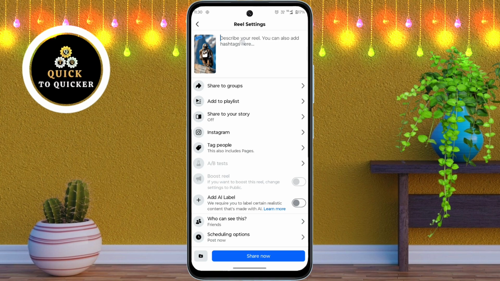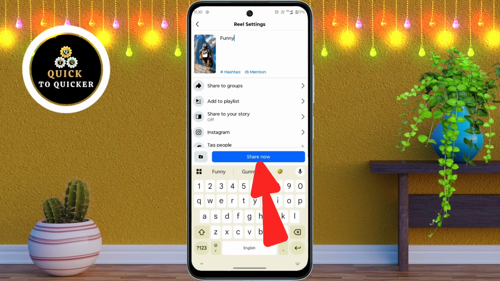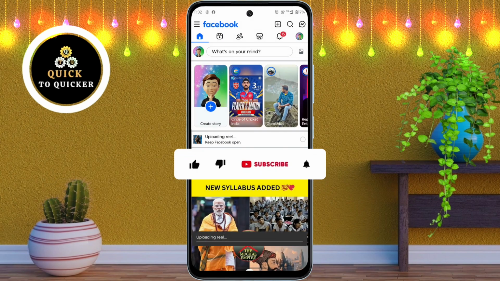Then add a caption to your reel. After that, tap on share now to post your reel on Facebook. And that's it. Your reel will be